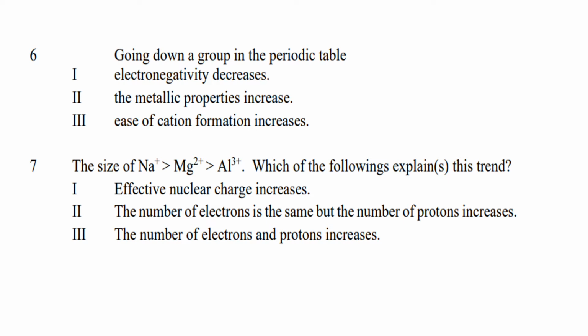So we have these three statements here. Electronegativity berkurangan. And then the metallic properties increase, and the ease of cation formation increases. So electronegativity decreases. This is true because bila kita turun going down the group, the size